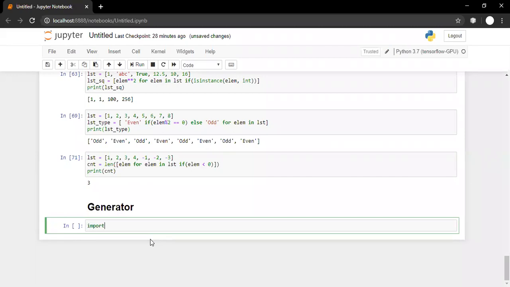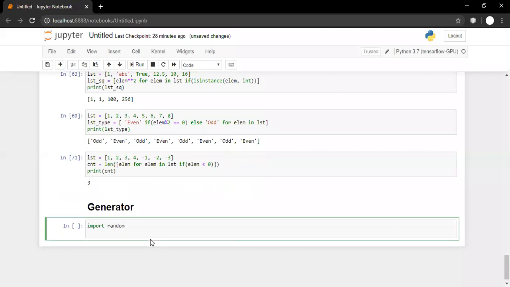For example, let us say I want to generate some random number. Random is a library, and I'm writing a function def random underscore number.